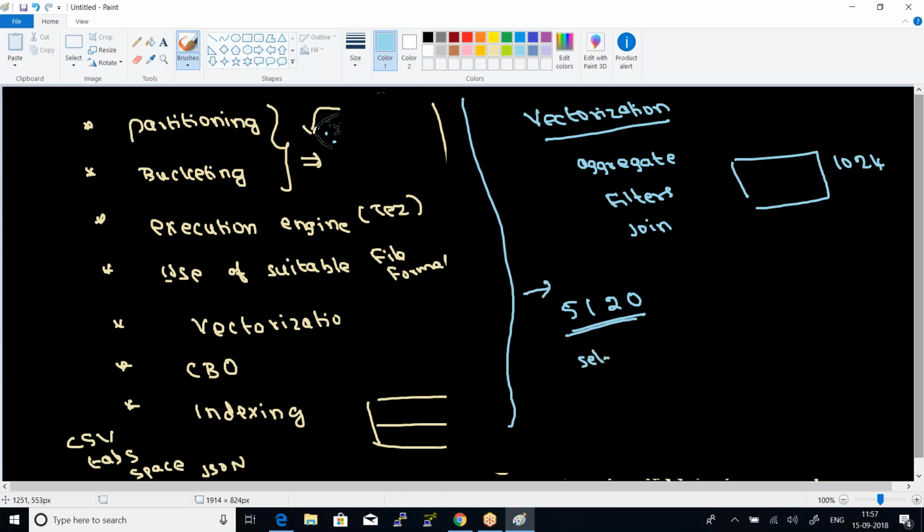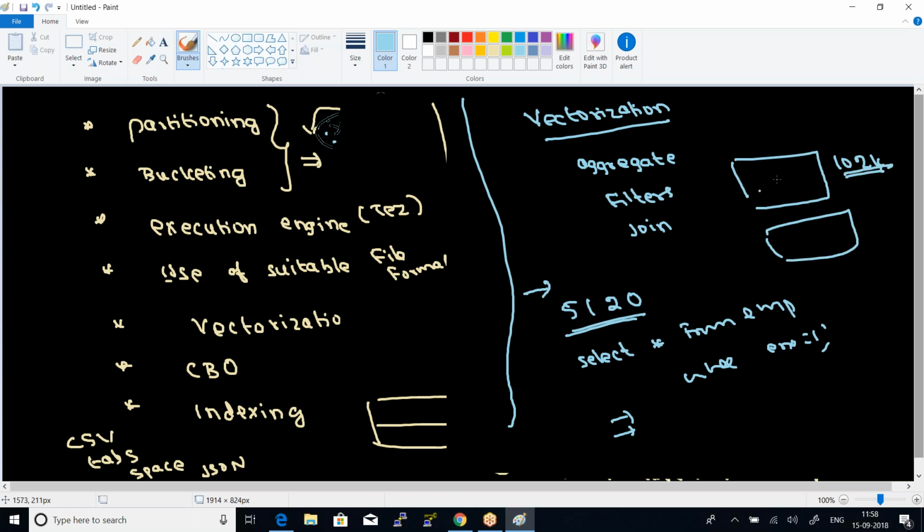If we issue a normal query, select star from employee where employee number is equal to 1 or the like, it will apply the query record by record. So here, if we use this vectorization, what happens is it will work batch by batch,